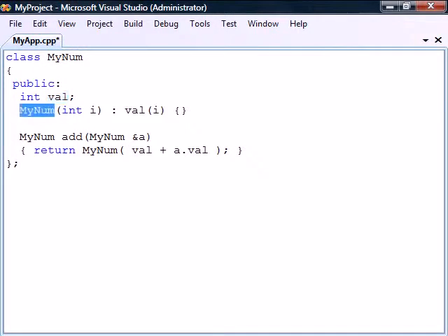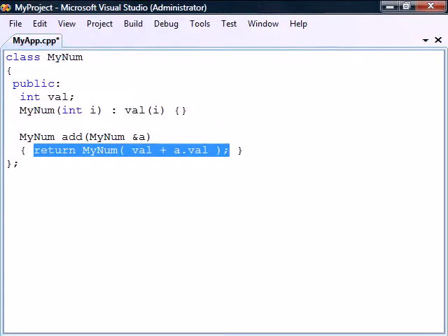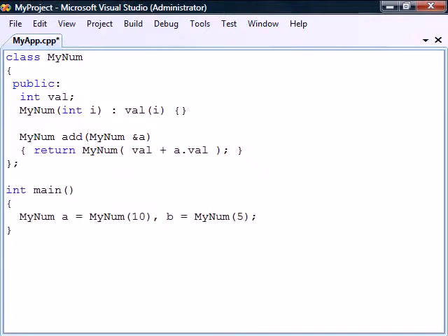and a constructor for setting that field. We also have an addition method that adds two mynum objects together and returns the result as a new object. If we create two instances of mynum, we can add them together using this method. What operator overloading does is allow us to simplify this syntax and thereby provide a more intuitive interface for our